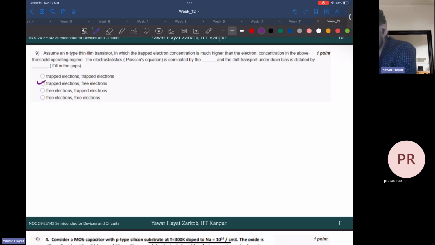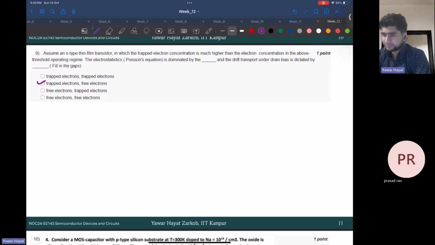So our Poisson's equation in such a thin film transistor, in which your trapped electron concentration is much higher than your free electron concentration in the inversion regime, because the above threshold operating regime is your inversion regime. So if that is the case, when trapped electron concentration is much higher, the Poisson's equation gets dominated by that,